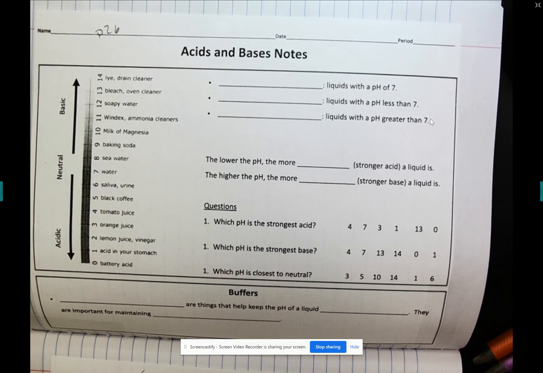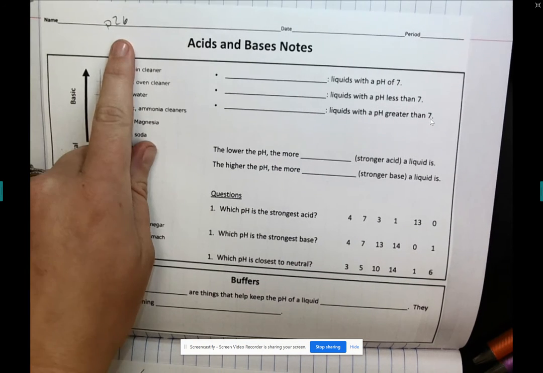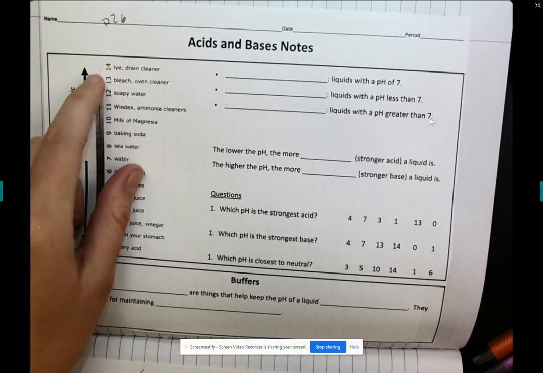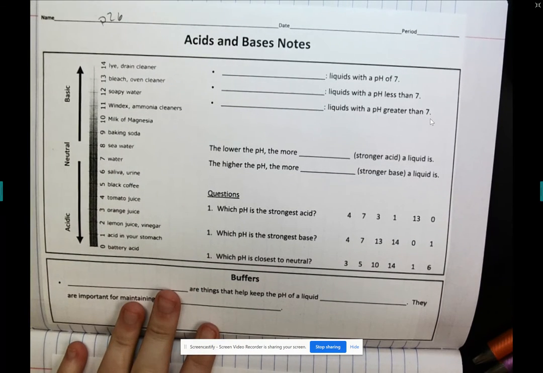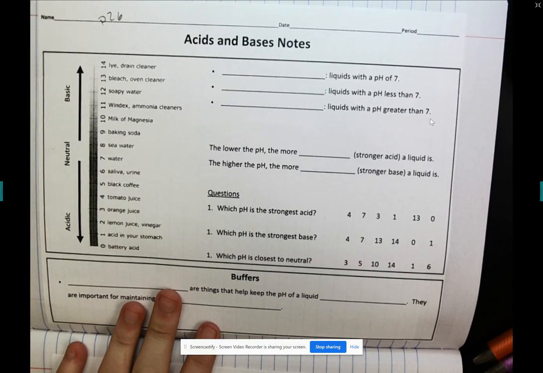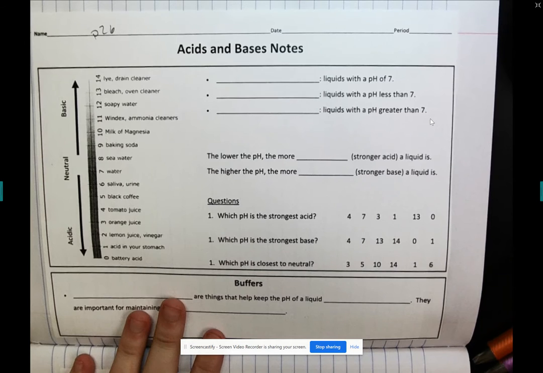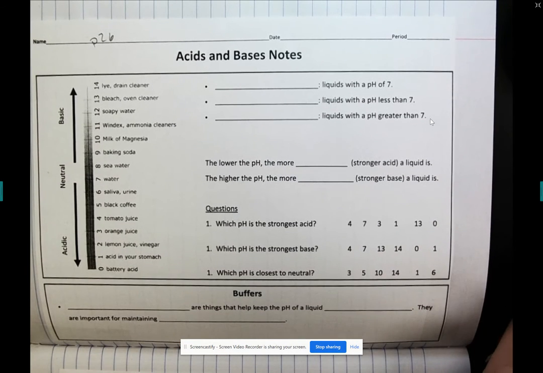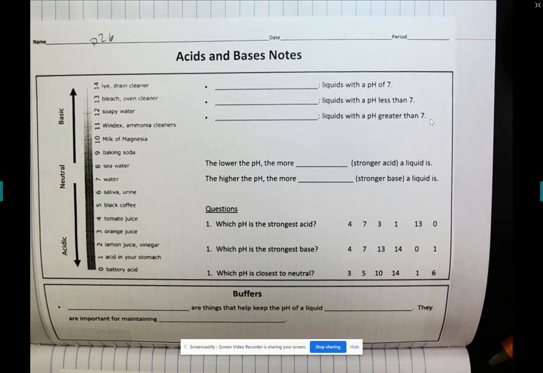Hey there, we're going to go over our notes on acids and bases. This is our packet page 26, and I have already glued this into my notebook on notebook page 34. So it's important to understand acids and bases because we need to understand the pH scale when it comes to